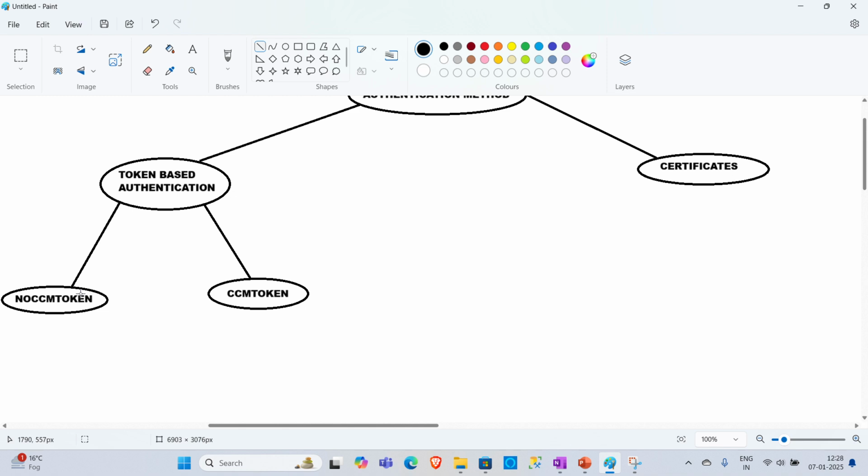And how does a CCM token get issued to a device? The device first needs to be issued a no CCM token for pre-authentication, and once that pre-authentication completes, the on-prem site issues a CCM token to the device, which can further be used to communicate with the on-prem site via the cloud management gateway. Okay,